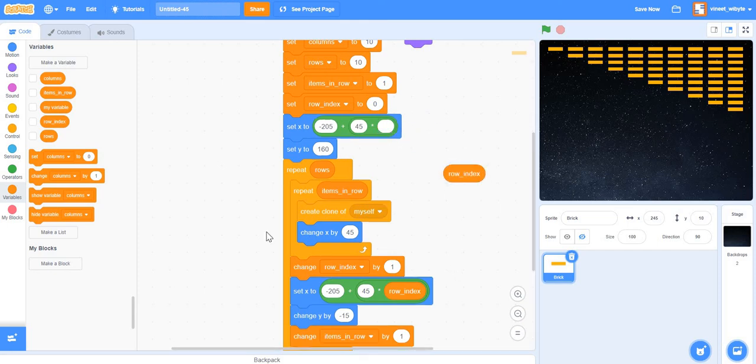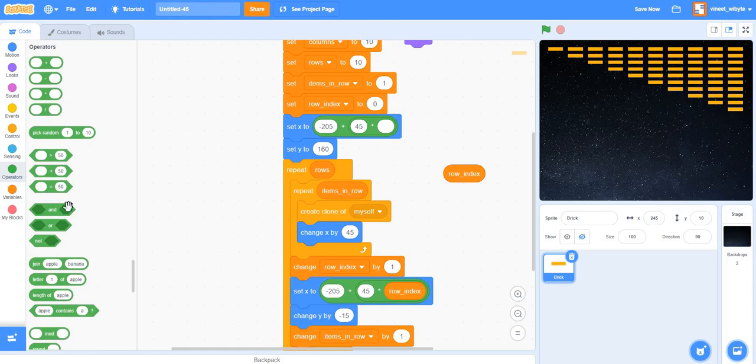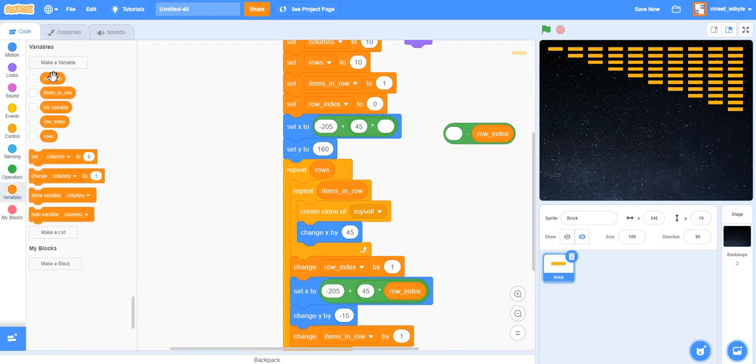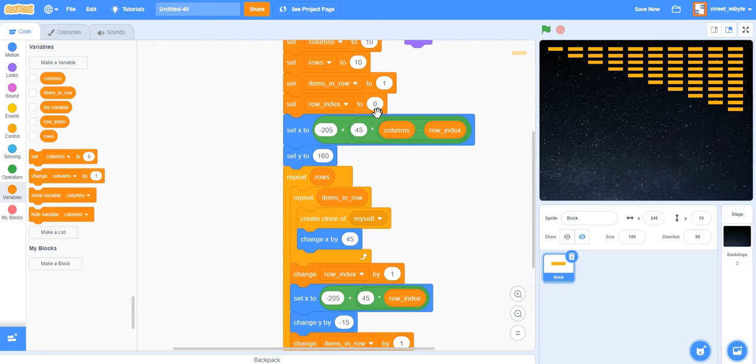I'll remove this row index and I'll replace it with another minus operator, which is columns minus row index, right? Let's see why that works. I'll make it columns minus row index, right? So, all right. And furthermore, I will change this row index to 1, right? Now, please spend time thinking about this. We are really using the logic now quite intensively here.